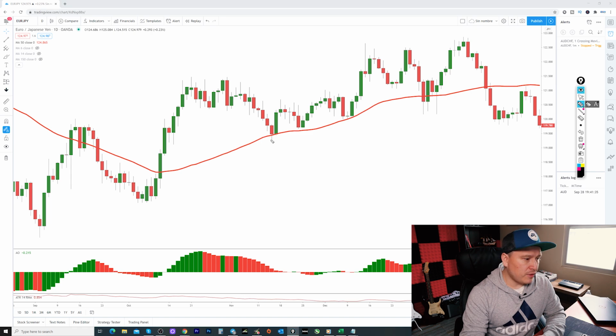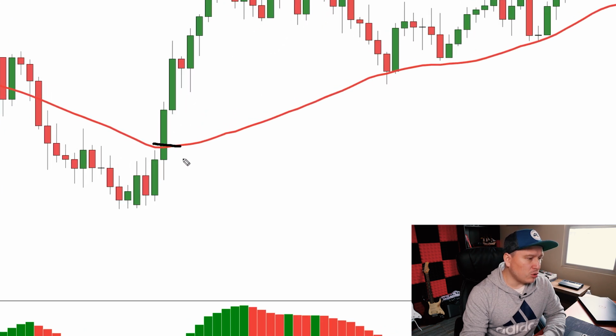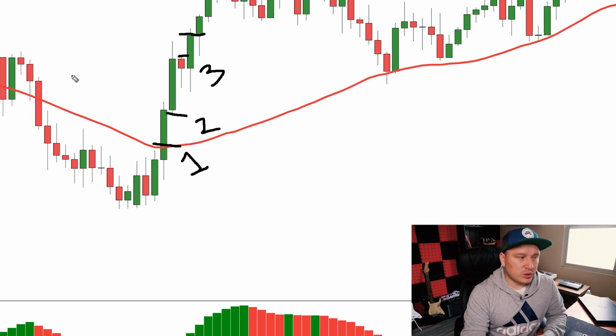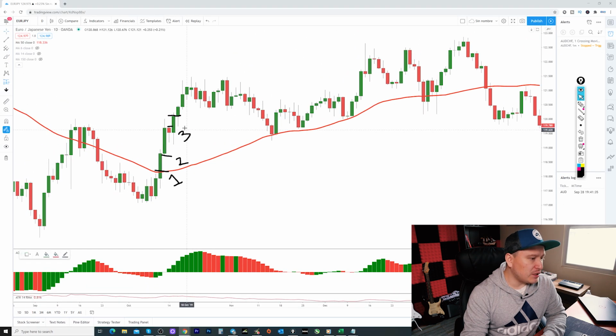So here we have the first parameter, right? It closed above the moving average. Then we have the second parameter. It closed and it didn't touch the moving average. And third, this one closed above the highest of the previous candlestick. So therefore, now we have a good buy option, right? So we're gonna see a long position here at the beginning of the next candle, which would be this one